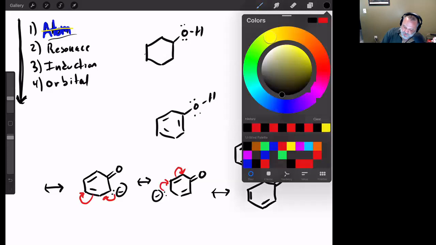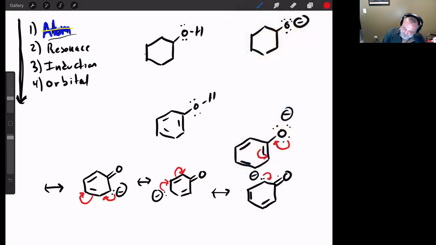And then I could go back to the original conjugate base by showing that movement there. And what we've done is it looks as if we've moved the electrons around the ring. Remember that if it's got a resonance structure, then the truth lies somewhere in between. And so the electrons in the phenoxide ion are definitely delocalized in the ring because of the resonance,